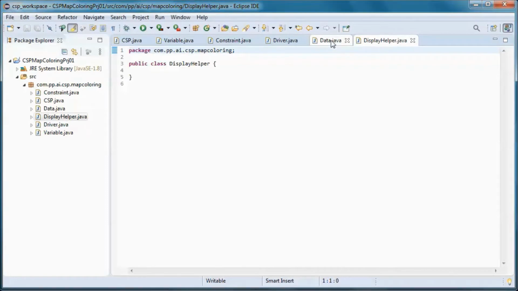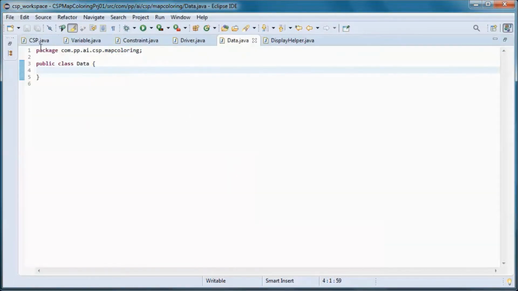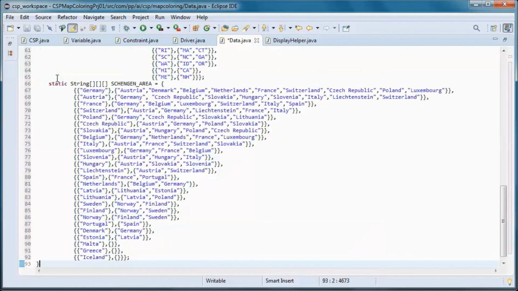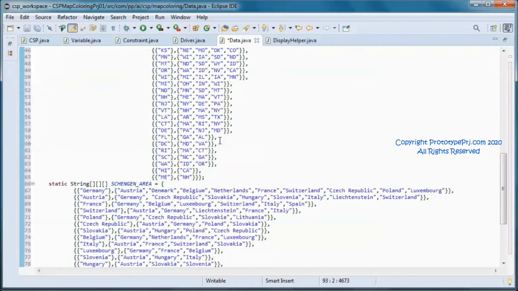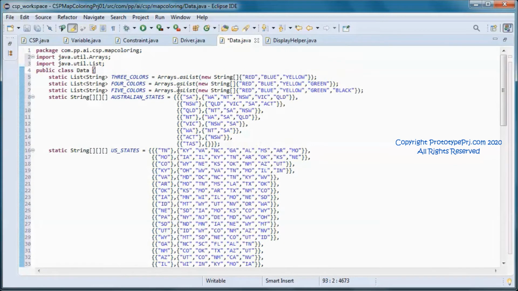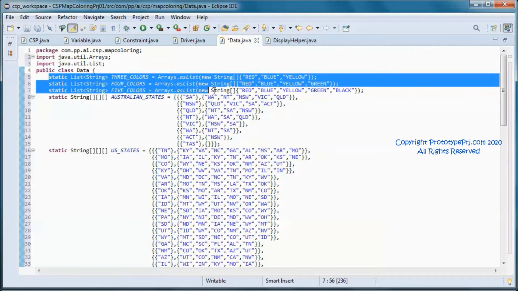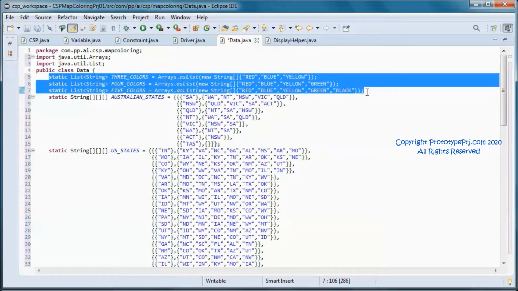And we will be using this hard-coded data, so we can specify if we are going to use either 3, 4 or 5 colors for coloring the different regions.